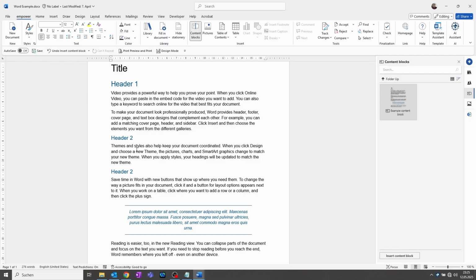So now you have seen how you can upload a content block, how you can update it later on, how you can find out where in your document you have a rich text content control and especially an empower content block. And you have also found out that depending on the design of the document, on the styles that exist in your template, the same content block with the same kind of text can look very different because it adheres to the style of the new